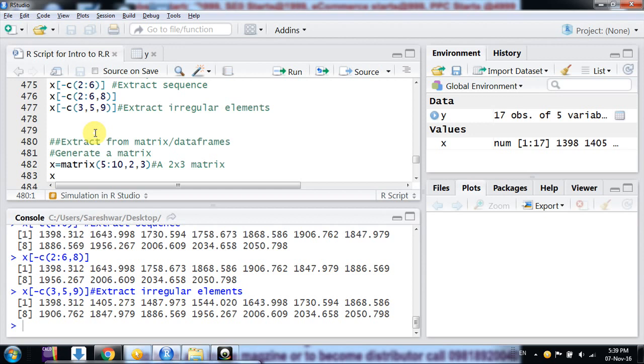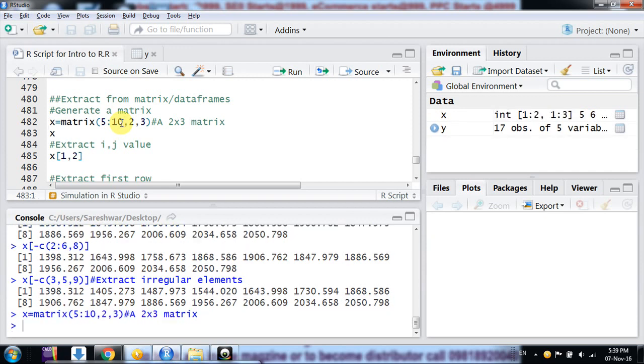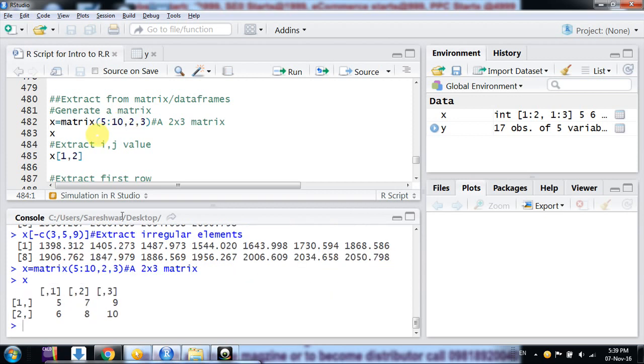Now we move to matrix or data frames. The procedure for extracting is the same for matrix or data frame. Suppose we have a matrix X that contains values from 5 to 10, with two rows and three columns, generated using the matrix command. Suppose you want to extract the ij value, where i stands for row and j for column.